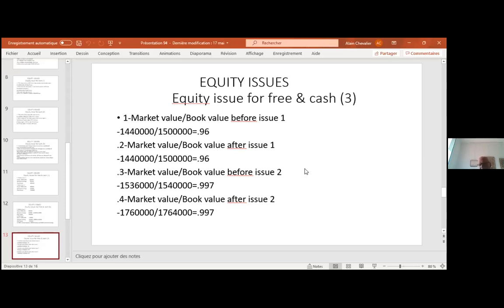We have been through that explanation several times. So we can make the calculation here. And what do we see when we do that calculation? We understand that it's relatively stable and close to 1. It means market value is not very high compared to book value and doesn't integrate